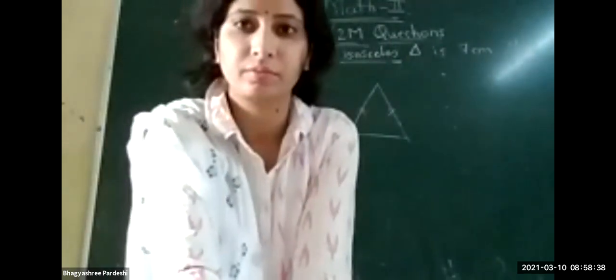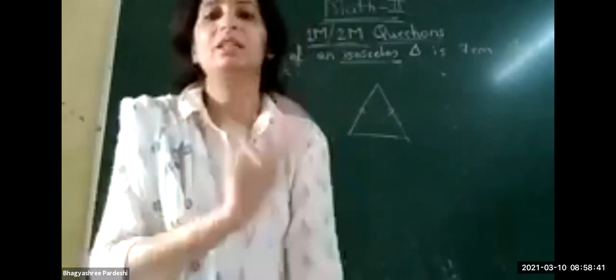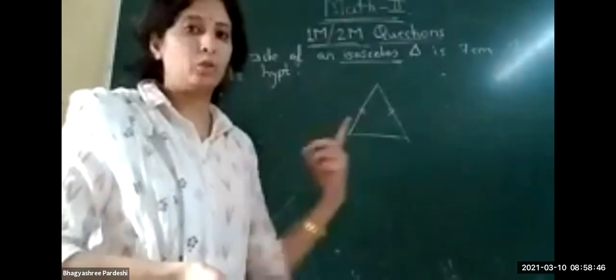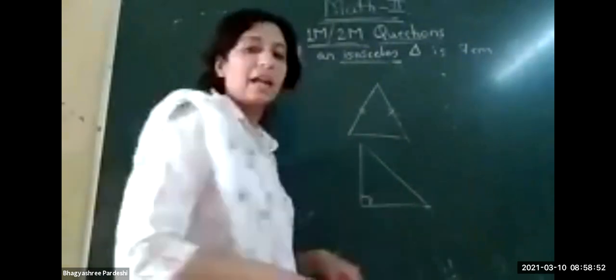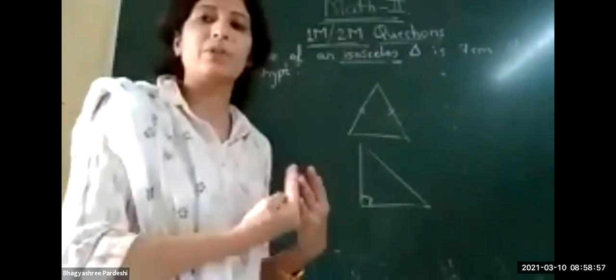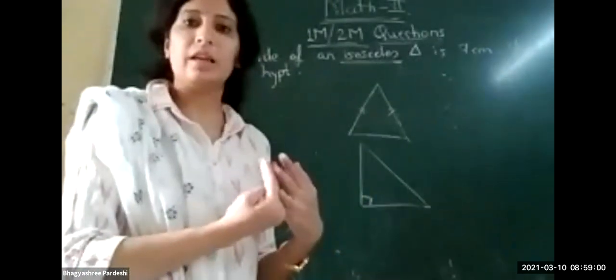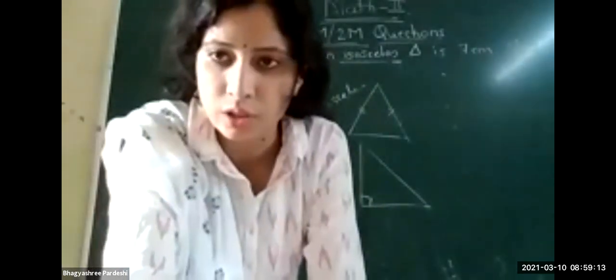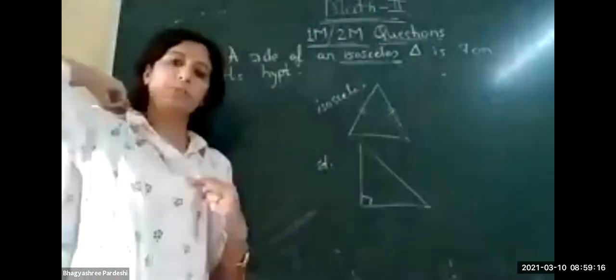Which are the different types of triangles? One is the isosceles triangle. Another is the right angle triangle. You know very well that in a right angle triangle, one of the angles is equal to 90 degrees. Which is the next type of triangle? It is very easy, students. This is isosceles, this is right angle. Another one? Yeah, very good. Kushi Saroj, can you tell me?